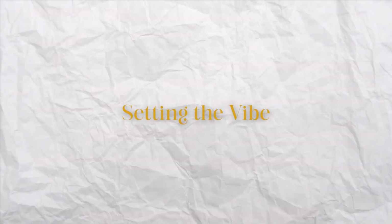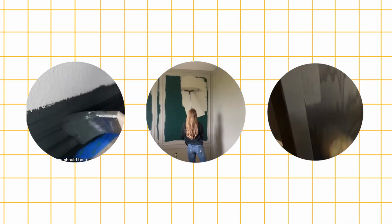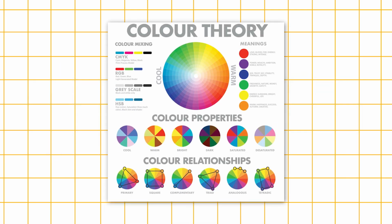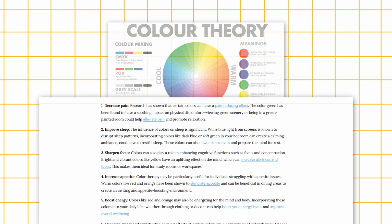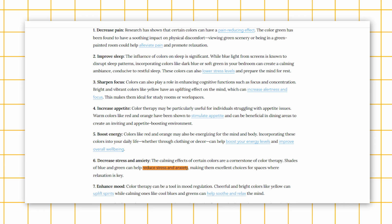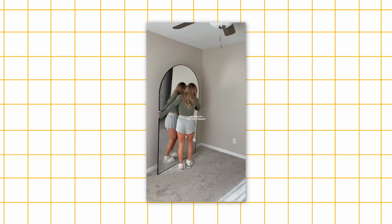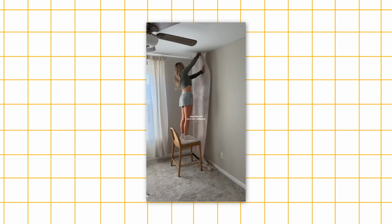Setting the vibe. If you can paint, go for dark. Rich colors like navy, charcoal, or forest green. These shades give off a grown man vibe without making your room feel like a cave. According to color theory, darker tones create a sense of intimacy and sophistication while maintaining a calming atmosphere. Studies published in Color Research and Application suggest that deep blues reduce stress, while greens promote tranquility. Can't paint? Peel and stick wallpaper and wall decals are budget-friendly, removable, and quickly found on